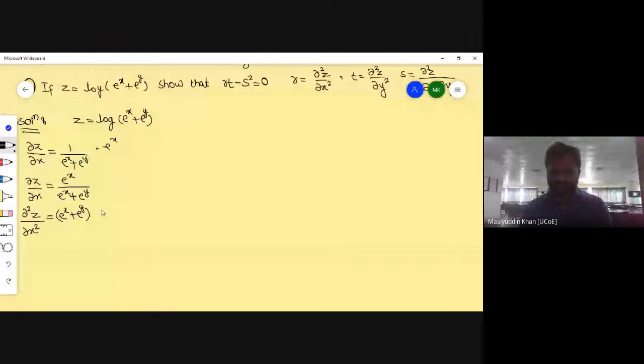So you will get e raised to x, minus e raised to x as it is, and the derivative of v with respect to x. So while taking the derivative of v with respect to x, you will get e raised to x, and divided by v square. So it becomes e raised to x plus e raised to y raised to power 2. So we have to just simplify this part. So ∂²z/∂x², you will get is equal to